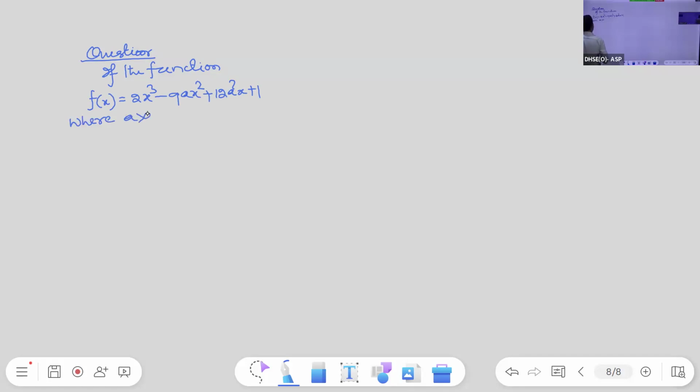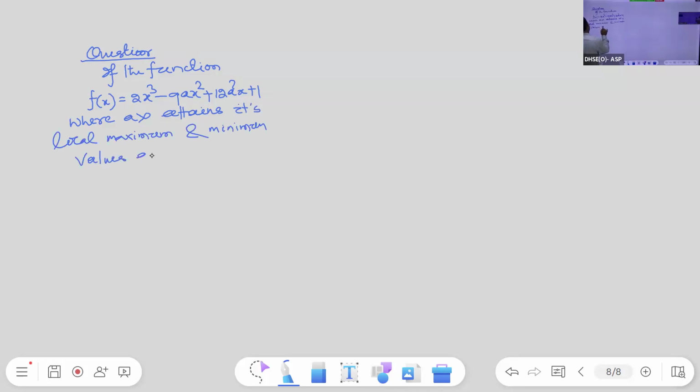If the function f of x is equal to 2x cube minus 9x square plus 12 a square x plus 1, where a is greater than 0, attains its local maximum and local minimum values